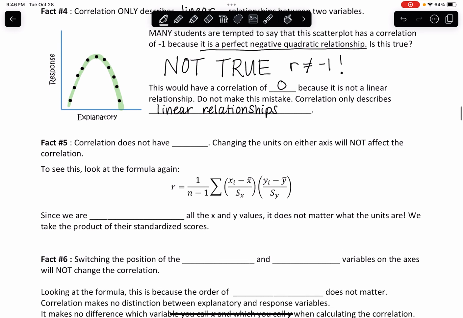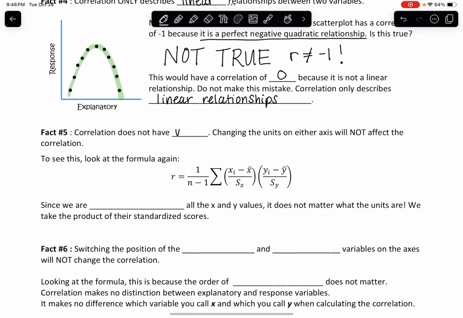When we look at fact number 5, correlation does not have units. This is coming from the formula. If we change the units on either axis, it's not going to affect the correlation. So if we think back to Vitruvian Man, I had you measure your height and your arm span in centimeters. If I changed my mind tomorrow and I made you measure your height and your arm span in inches, our